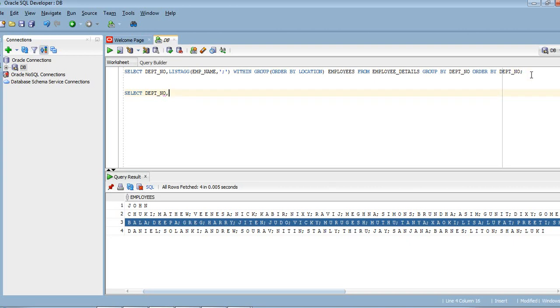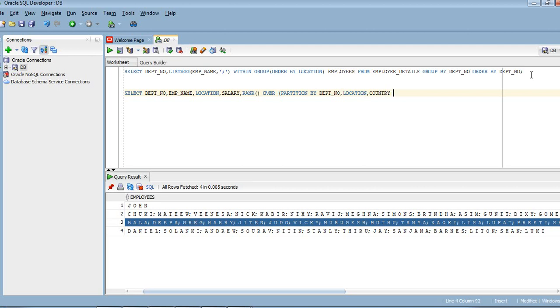Department number, EMP name, location, salary, rank over partition by department number, location, country.